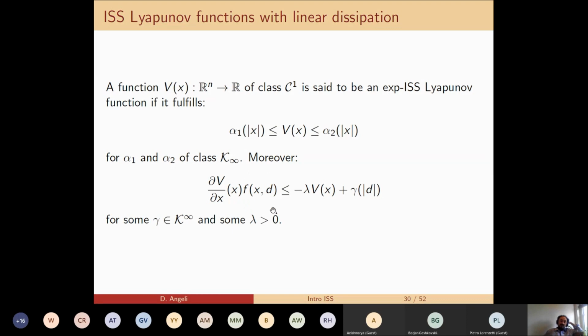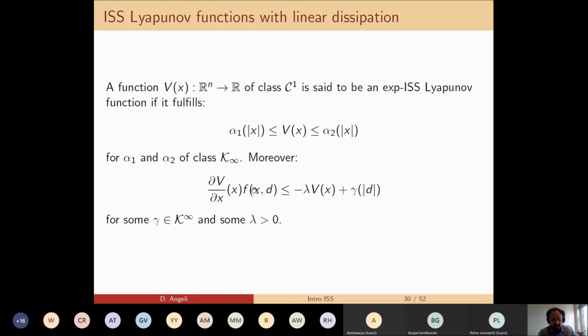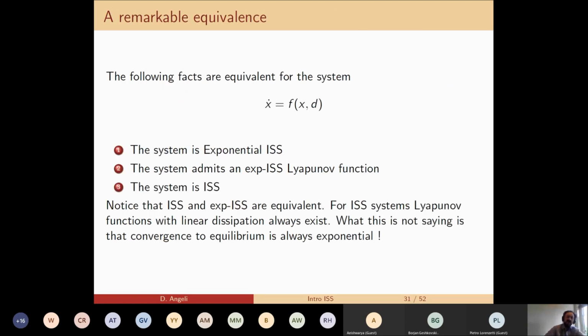So you've got V dot less or equal than minus lambda V plus gamma of D. So that this type of inequality is very helpful because it can be used to establish an inequality of this form on solution. You first get an inequality of this form of V, and then you use the bounds on V, upper and lower bounds, in order to translate this into an inequality which only needs X, okay, at time t or at time 0. So this is then a very interesting type of Lyapunov functions,